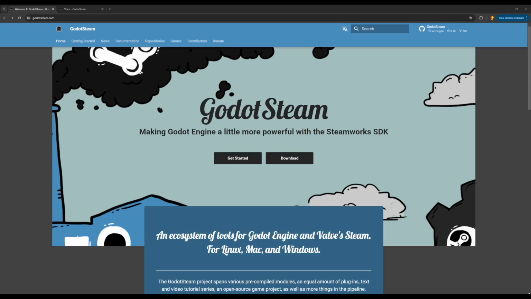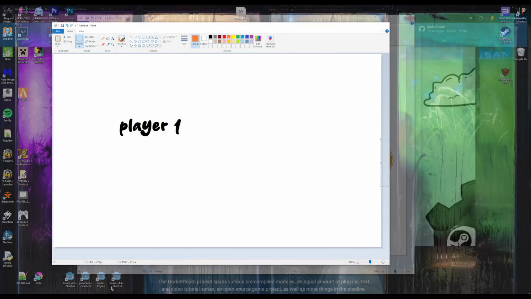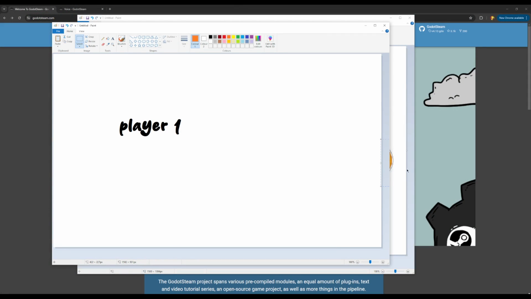G'day everyone. Today we're going to do the much anticipated proximity chat tutorial. Before we get started, we're just going to have to refer to two quick figures here. The first one, proximity chat equals more fun. I can't really deny that. That's just the truth. And so figure two, for anybody that doesn't understand what proximity chat is, we got player